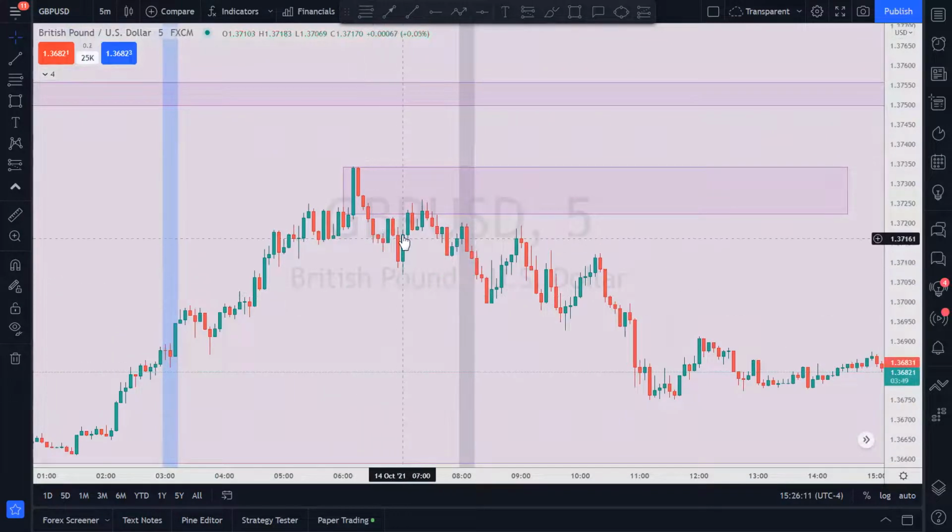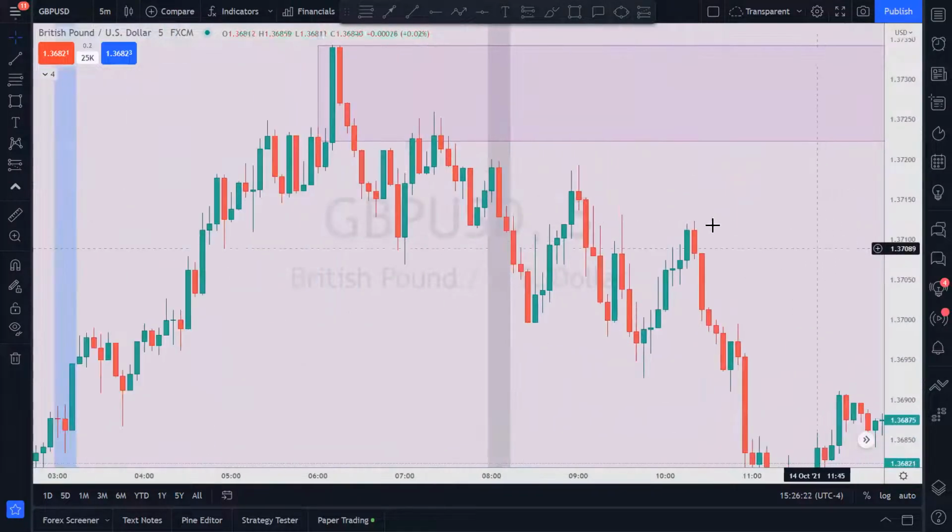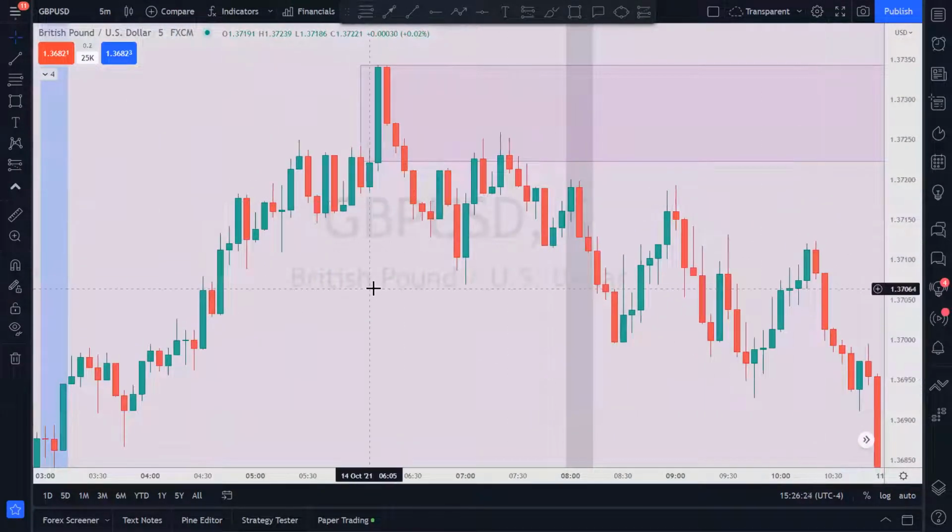Look at this price action. I'm going to be looking for bearish order blocks to be formed, and because we're getting close to the 8 o'clock time, I want to make sure that I don't miss that 8 o'clock bus. I want to make sure I catch it as a retest of one of these bearish order blocks, right?